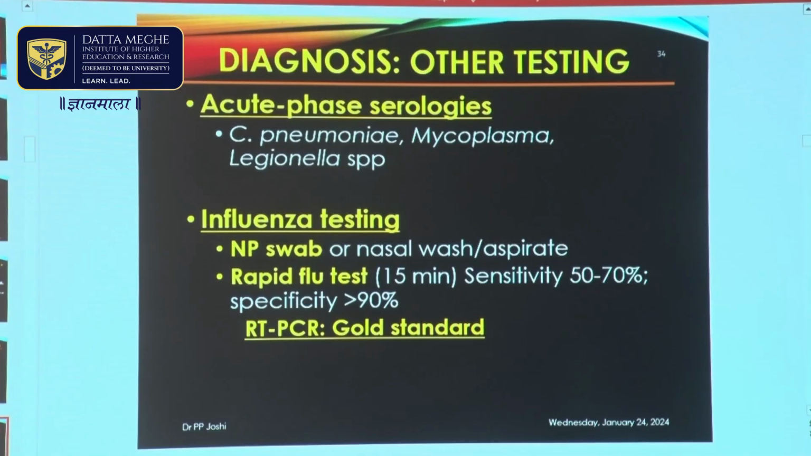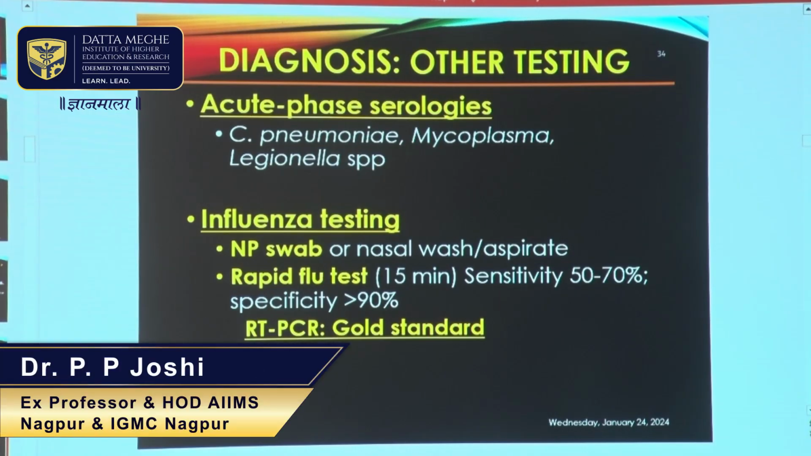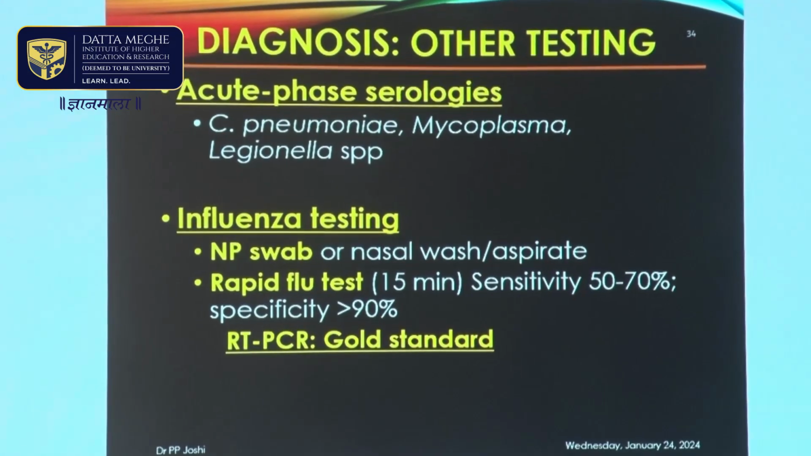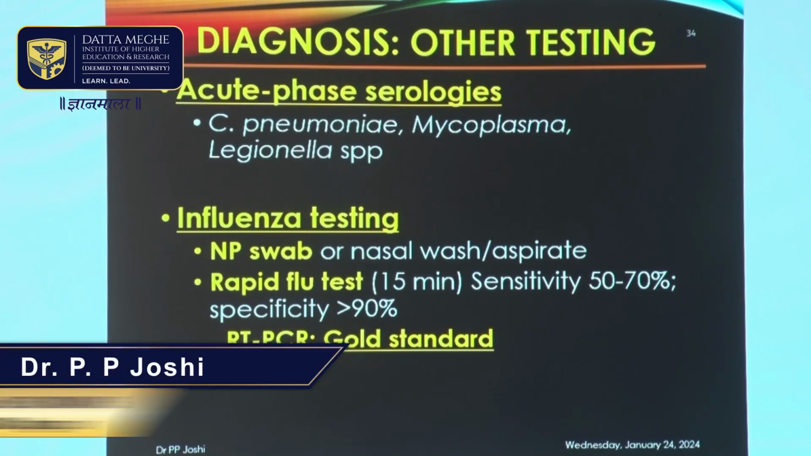Acute phase serologies are particularly important in patients who present with atypical pneumonias caused by the chlamydia and mycoplasma group of organisms. The diagnosis is made by serology, by doing IgG, IgM, ELISA testing. For influenza testing, we always did a nasopharyngeal swab or a nasal aspirate, and RT-PCR was diagnostic of both influenza as well as